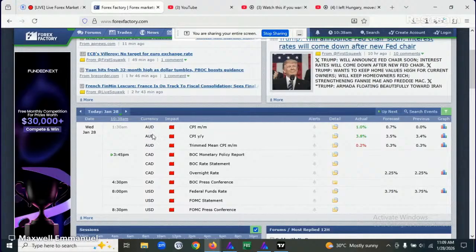Okay, so Australian dollar has been bullish after this news release, and by 3:45 p.m. Nigerian time, Canada Bank of Canada monetary policy reports, Bank of Canada rate statement to be released, overnight rate, and also Bank of Canada press conference will hold by 4:30, and by 8 p.m. United States will be releasing its federal